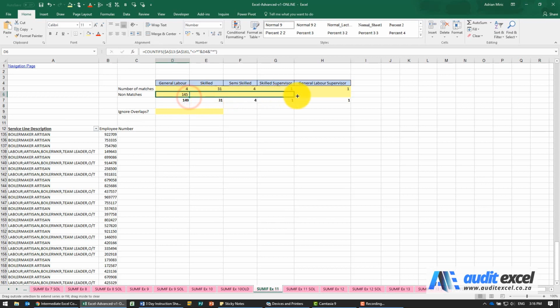If the dollar signs are correct, I should be able to copy it across, and you'll see that in each case we add up to a total of 149, which seems to make sense because if there's so many of that, the opposite should add up to the same number.